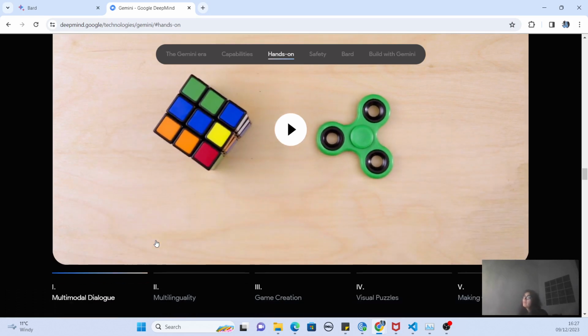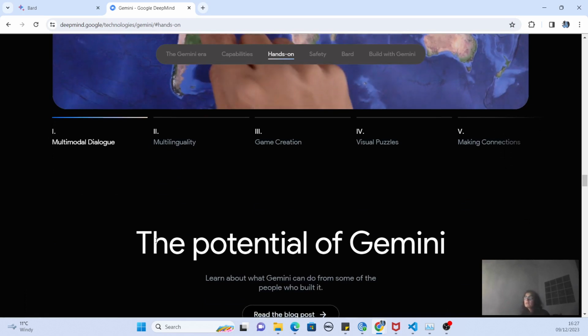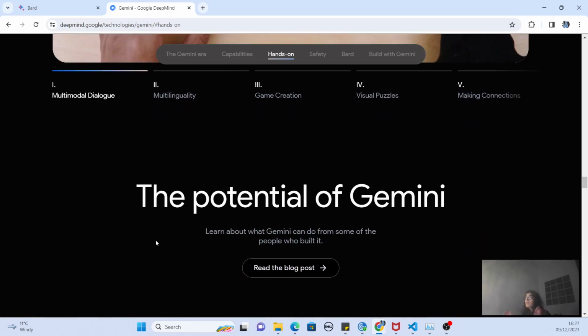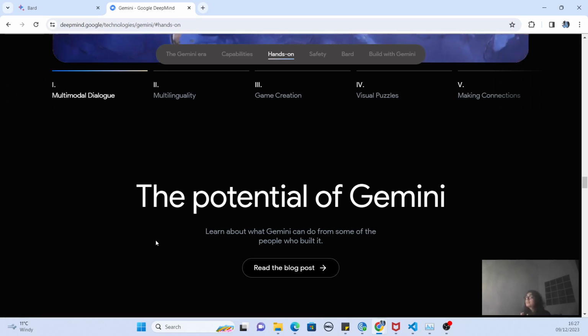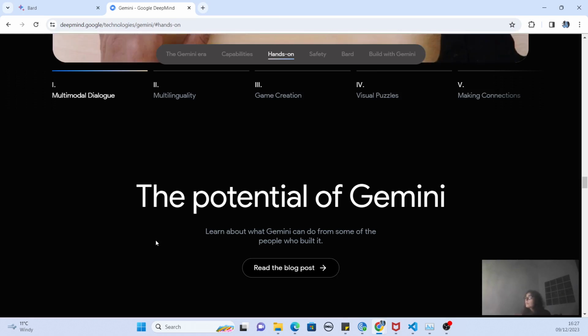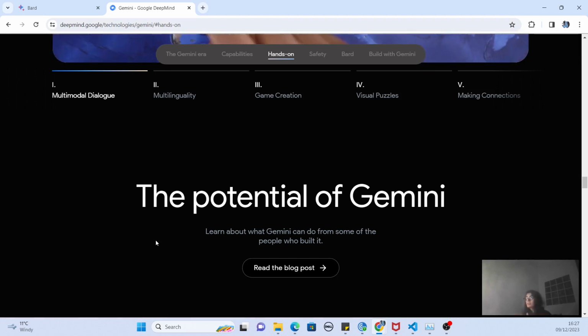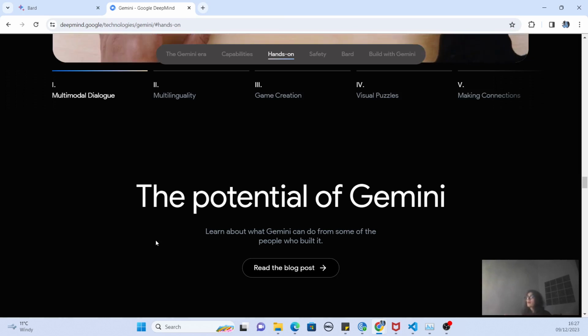I will not be going through all of these, but obviously, guys, so far whatever I have shown you, I think you realize the potential of Gemini, because until this point ChatGPT was able to create text based summaries out of text based prompts, right? But what Google Gemini is giving us is you can create any prompt. You can have a prompt of an image, a prompt of an audio, a prompt of a text or a video, and